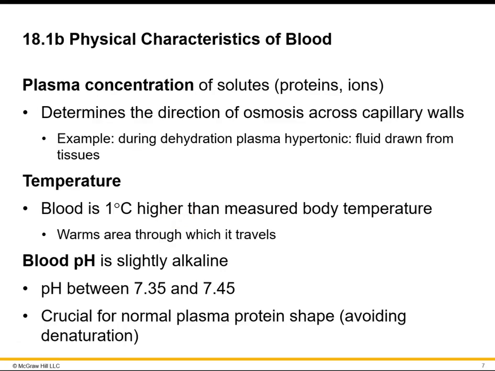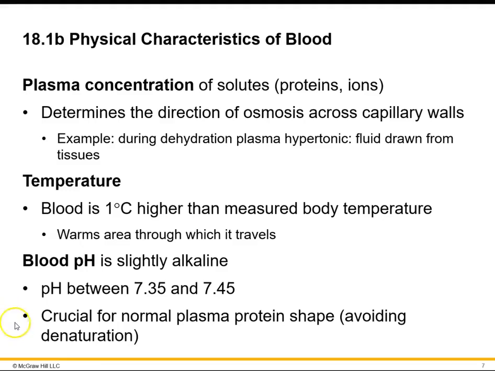Blood is going to exert osmotic pressure, okay? So it has in its plasma a bunch of proteins and ions dissolved. And so the concentration of these proteins and ions is higher inside of the blood vessel, where the blood is, than outside of the blood vessel, like in the tissues where interstitial fluid is. So what happens is blood essentially draws that interstitial fluid into the blood vessels because of this osmotic pressure